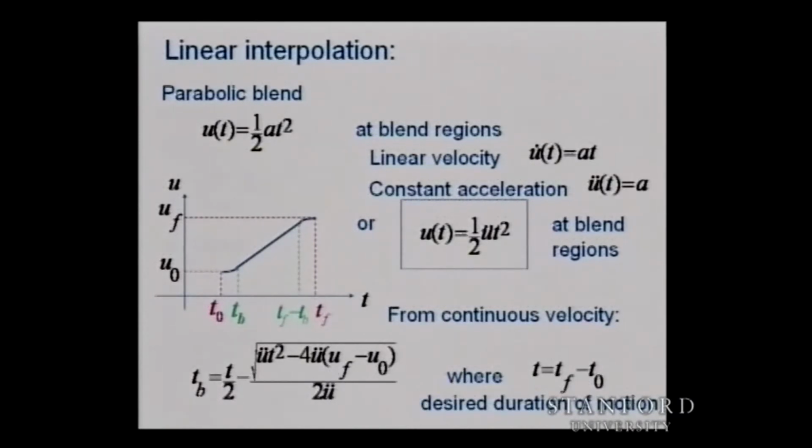Yes? That green point TB to the left, is that TB or is it actually T0 plus TB? It's t sub f minus t sub b. I'm sorry? The left. That's T0, that's T sub b. We want to make sure that, you're right. It should be,